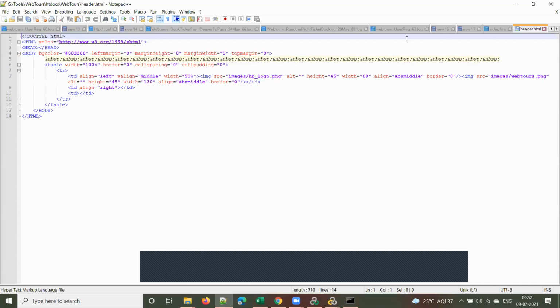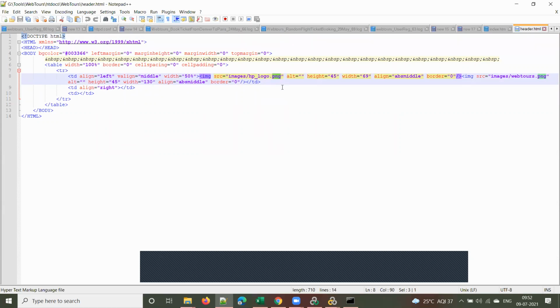If you see the header.html file, guys, no one will ask this. I'm just giving it for your understanding. This is not part of performance testing, but I just want to explain, these are all HTML basics, actually. So this header.html is making a call to an HP logo, there is one image here, hplogo.png, and webtours.png, right? These are all image formats. JPG, PNG, GIF, these are all different image formats, isn't it?